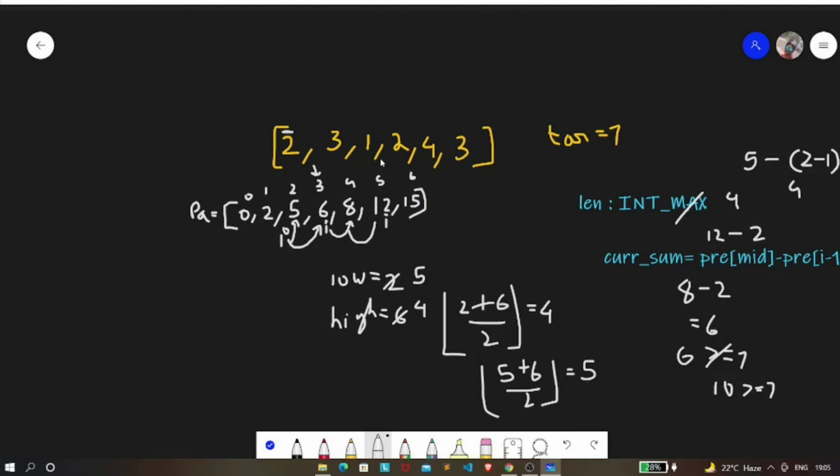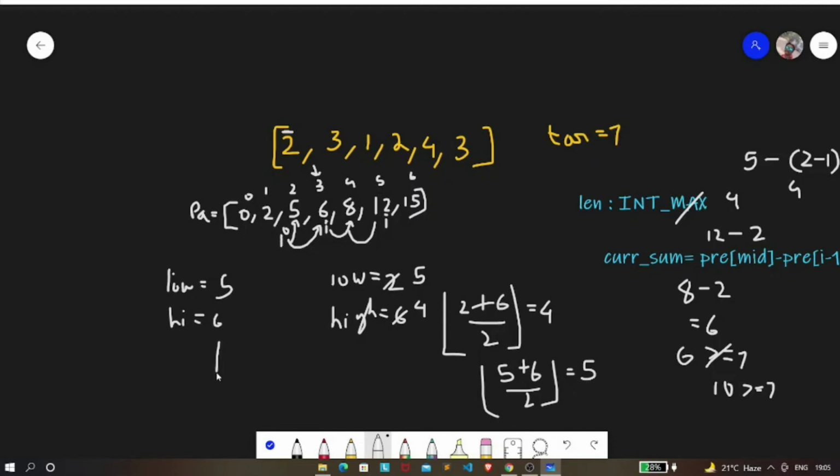Now when our I is at index 5, our low will also be at index 5, and our high is going to be at index 6.